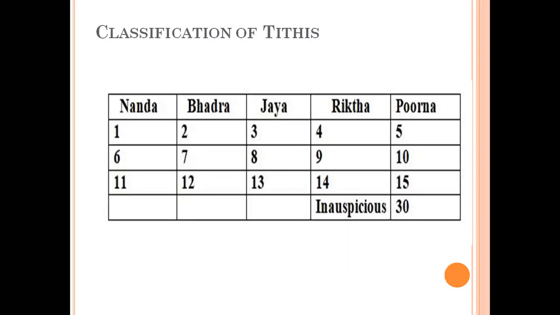Now, if you see, the tithi is classified into 5 types. They are Nanda tithi, Bhadra tithi, Jaya tithi, Rikta tithi, and Purna tithi. As the name itself indicates, Rikta means there is some kind of poison in it, or it is inauspicious. So generally, Rikta tithi should be avoided. That is what Kala Vidhanam Paddhati says. Okay. So whenever you are doing any auspicious activity, generally avoid the Rikta tithis.